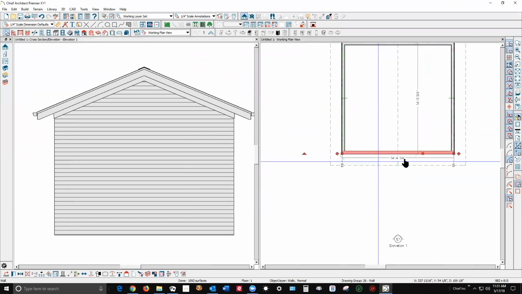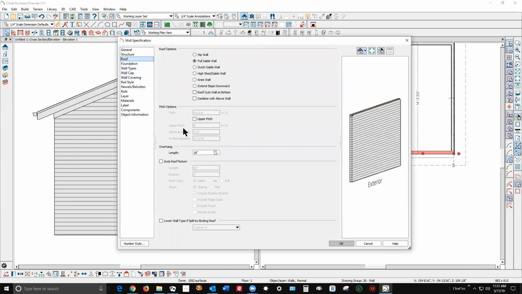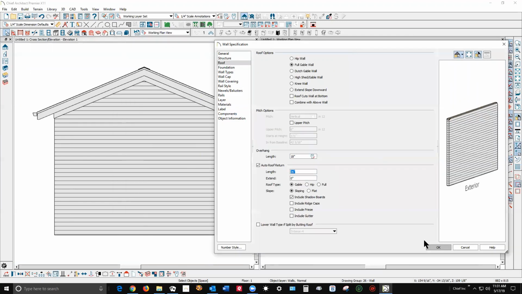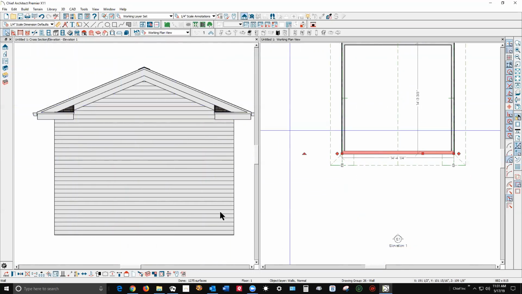Okay, now I'm going to open this wall here and go to its roof tab. And you can see there's an auto roof return. And the default is 36 inches. And the default is also a gable and a sloping. So let's just click OK and see what that does. And that's what it does. That's 36 inches. And that's a